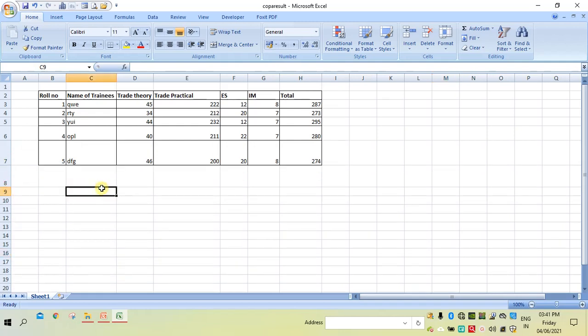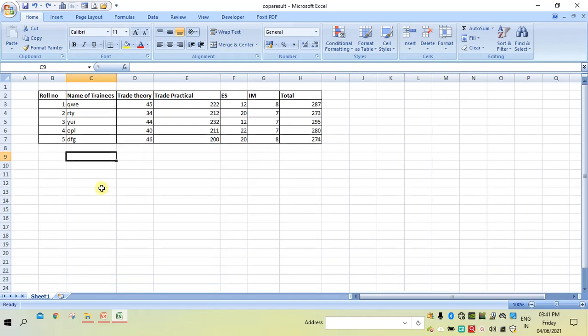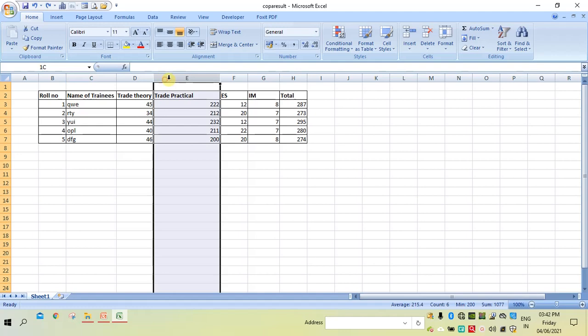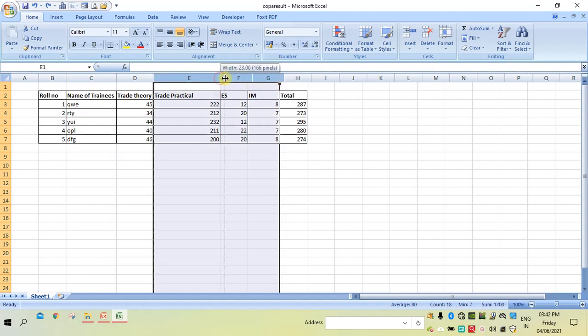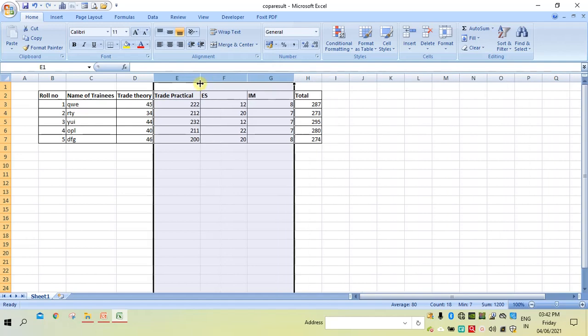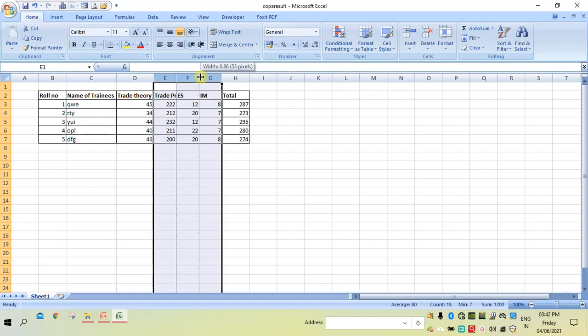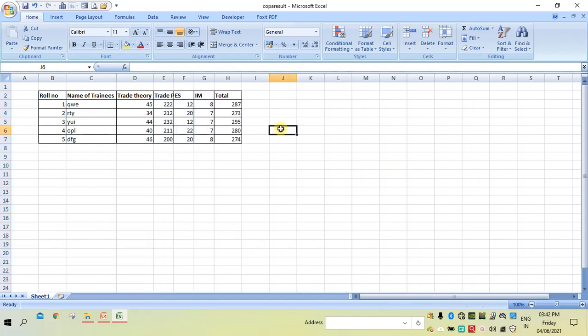If you want to increase or decrease a group of columns, select all the columns and then resize any one. You can observe all the selected columns will have the same size.